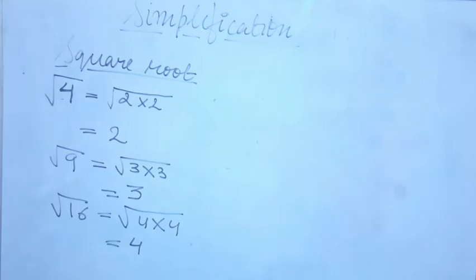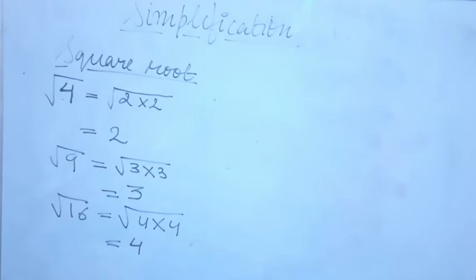Okay students? So I hope you must have understood how we have to obtain it. Now I will be telling you how to find out the square roots of big numbers, because these were very easy, small numbers. Now for finding the square root of a number, we have to express it as a product of its primes. Now how will you express it? You have to take out the LCM of the numbers.